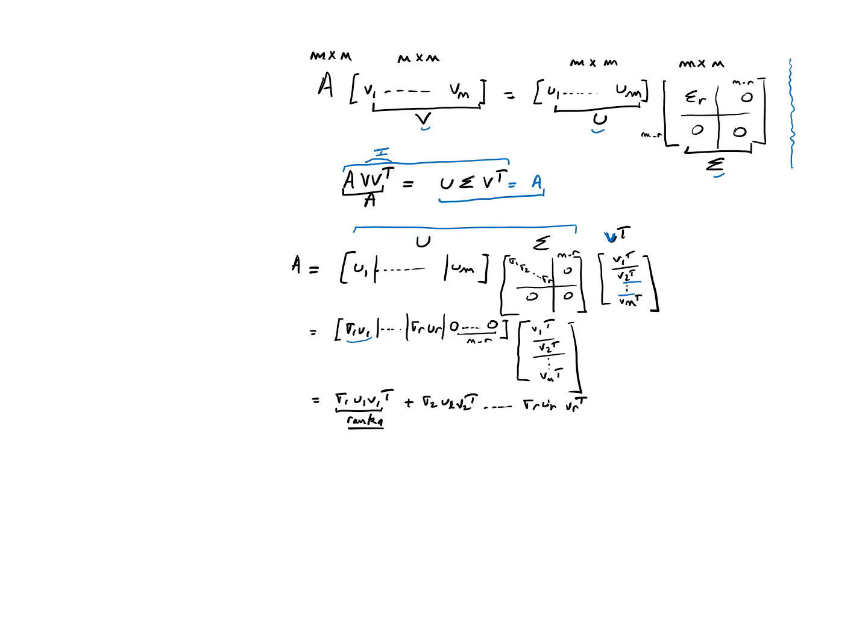You can go up to sigma r Ur, and then for the n minus r remaining columns all coefficients are 0, so you obtain n minus r columns full of zeros. So this is U times sigma, and now we need to multiply by V transpose,